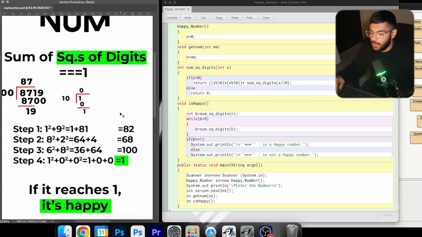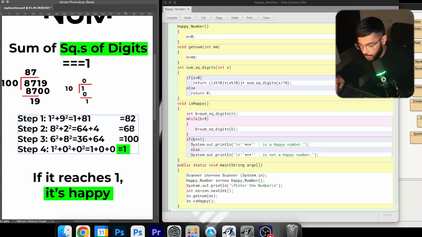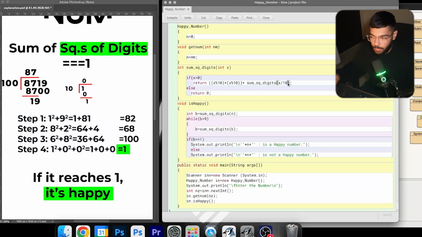Let's take it again, so it is 68 at this point of time. 8 squared, 64, is passed on in the memory. After that 6 squared, 36, is passed on in the memory. Then 6 is divided by 10. It cannot be divided by 10, so it will result in 0, because 0 is the only result it can give. So x becomes 0 and